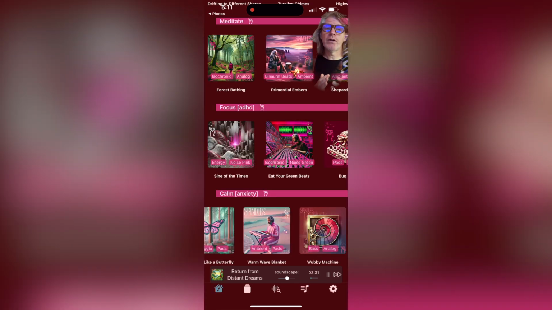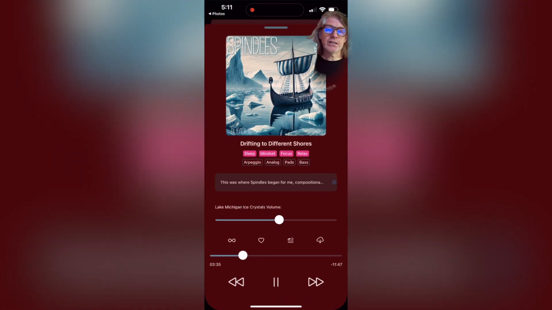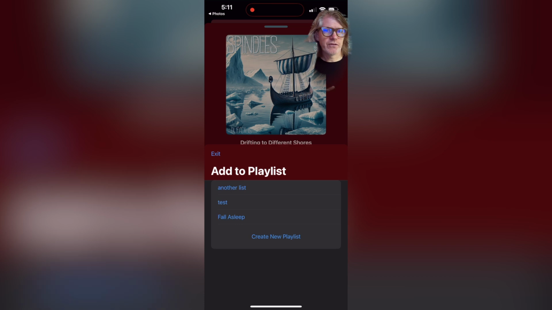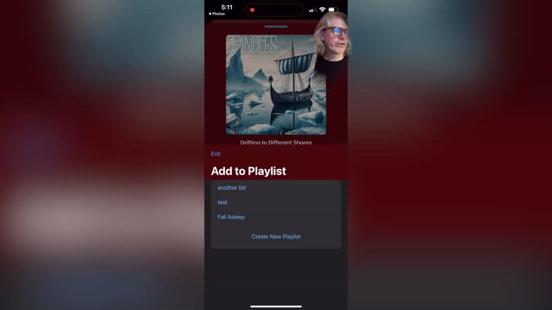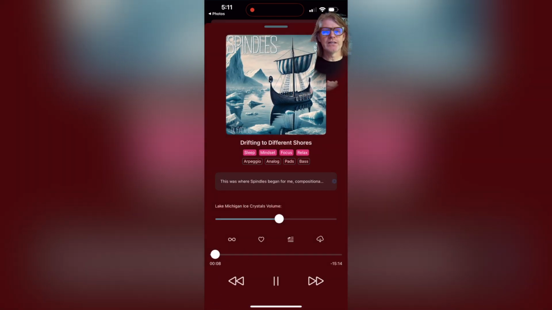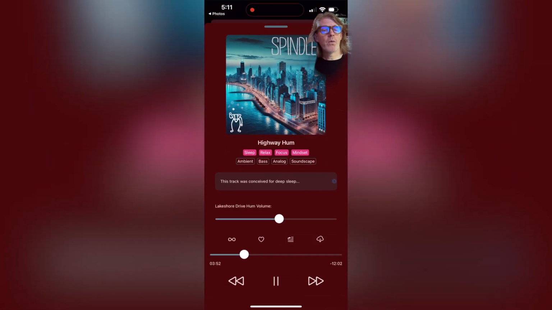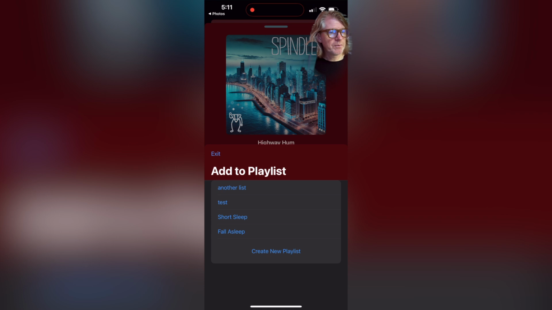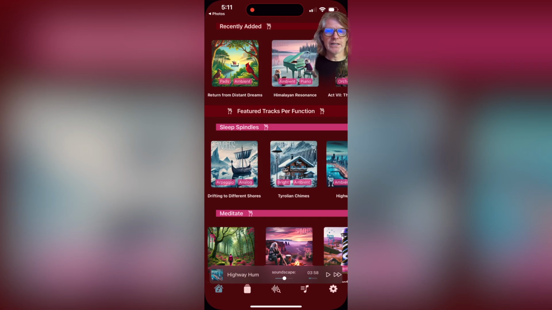So for example, you might want to use the app just to help you fall asleep, and maybe you want it to just play for 15 or 30 minutes. So you could find a couple tracks that you like that are helpful for you falling asleep, and make a playlist: this is my falling asleep playlist. Whereas others might want some tracks to play throughout the night or for a longer period of time. So you could make a longer playlist that functions that way. So the playlist is how you would do that.